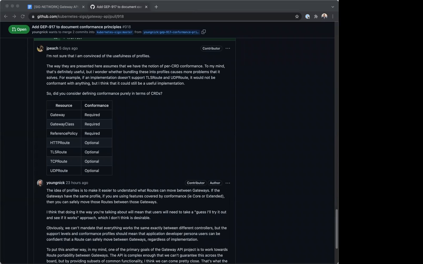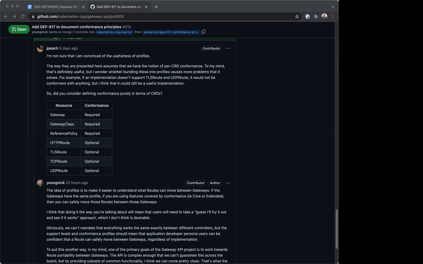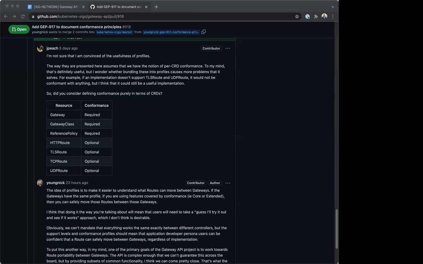It's kind of like, I'm trying to think, the capabilities codes and CPUs. You have MMX or the different things that a specific family or generation of a processor can do, extended instructions. That's where you have to look at the specific ones you need, and that's where I think the detailed conformance tests come in. If I need to use HTTP header routing, I need to see if the product does support that specific type of routing.